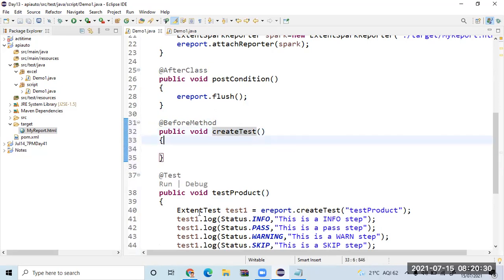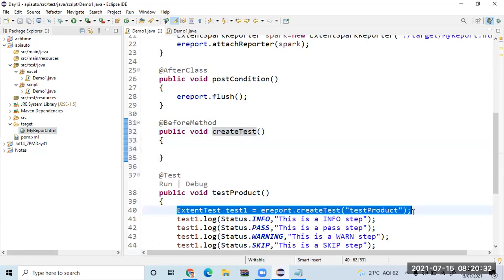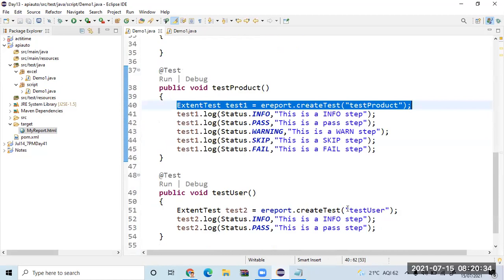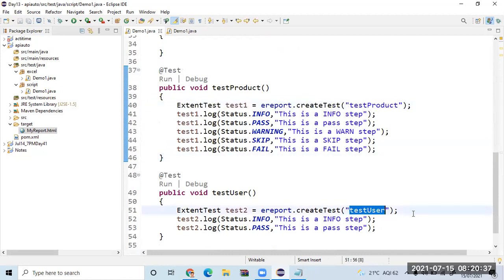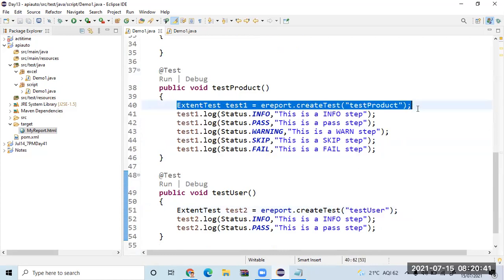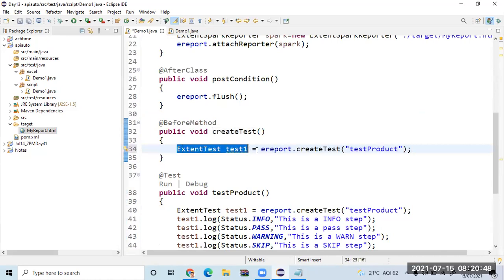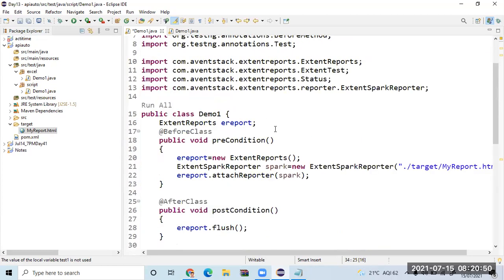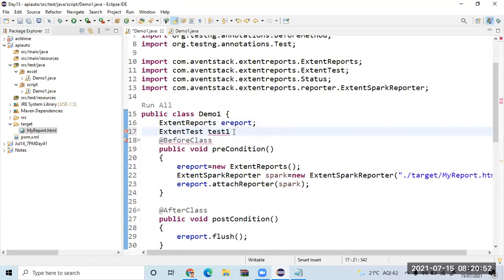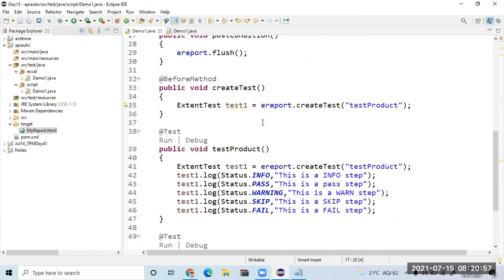In this example, I want to avoid this line of code because every time it is the same code. The only difference is the name of the argument that you are passing. So let me just take this code and put it here. First thing is, if you want to use it everywhere, it should be a global variable, right? I'll copy this, paste it here. Let us not say it as test one, let us simply say test. And here let us say test. Don't declare it once again. Let me just remove it.